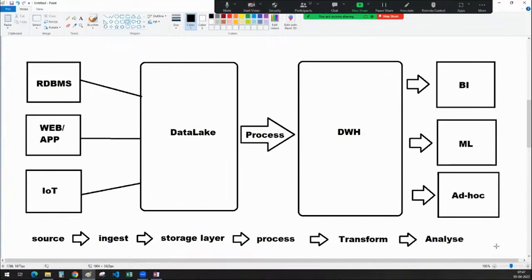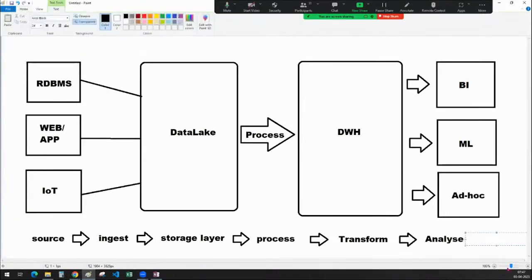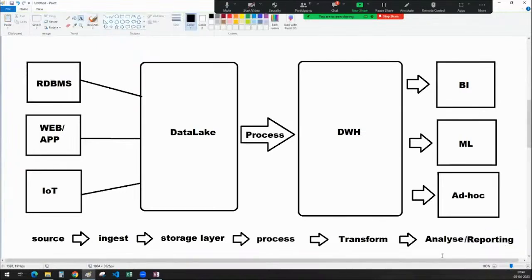So this is what is called a data life cycle: collecting or ingesting the data, storing the data, processing or transforming the data, and finally analysis, or you can also say dashboards, report creation, reporting. Okay, so this is the typical data life cycle, guys.